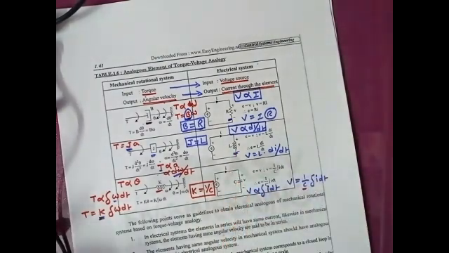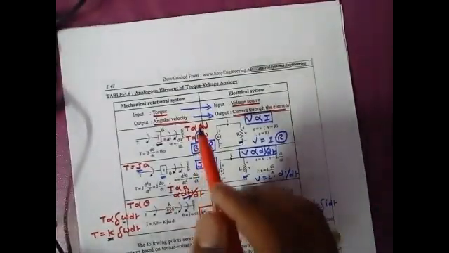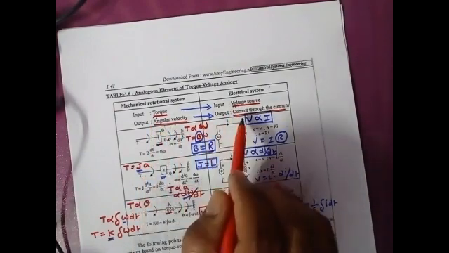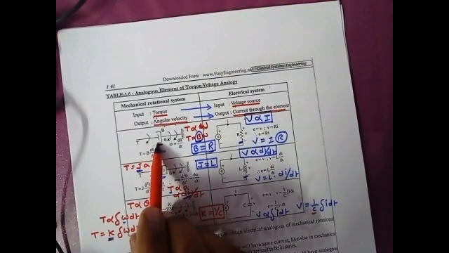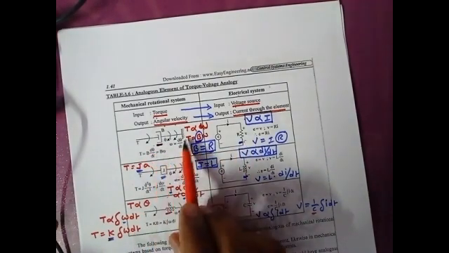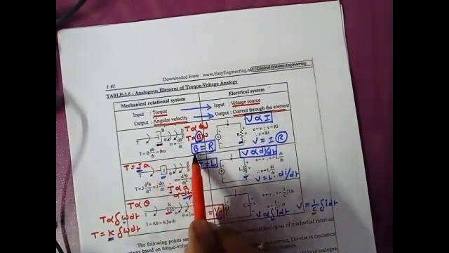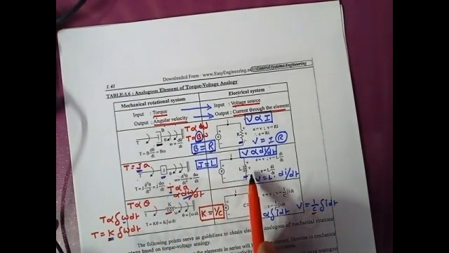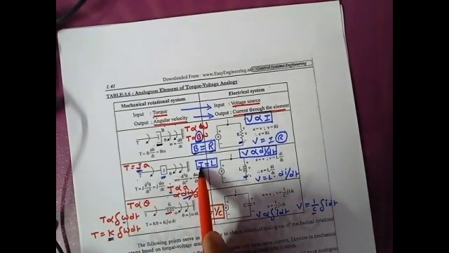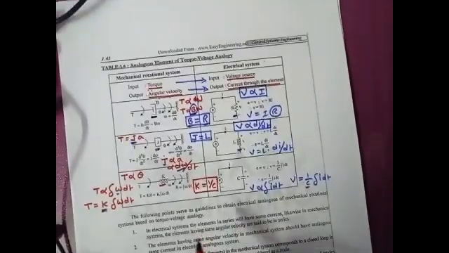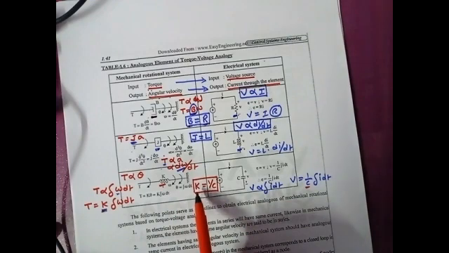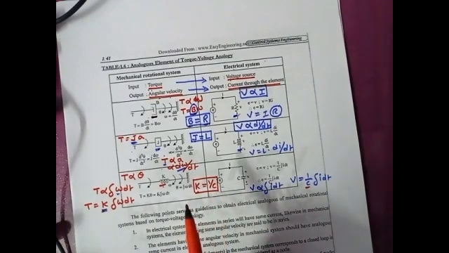So from this analysis up to now, we have concluded that the torque will be replaced with the voltage, angular velocity will be replaced with the current, and the dash part constant will be replaced with the resistance. Why? Because of the mathematical analysis already done. Moment of inertia will be replaced with the inductance, and the spring or elasticity constant will be replaced with the inverse of the capacitance.